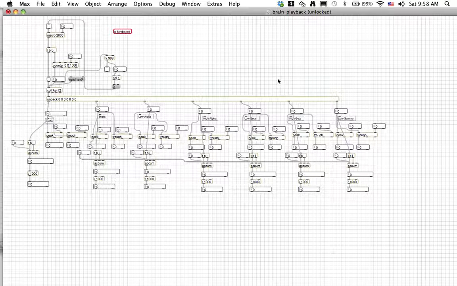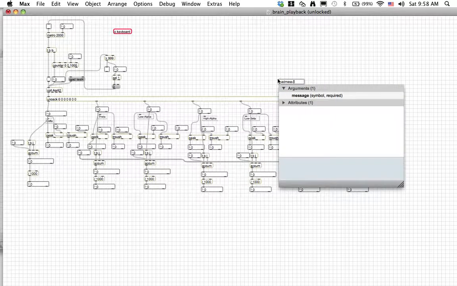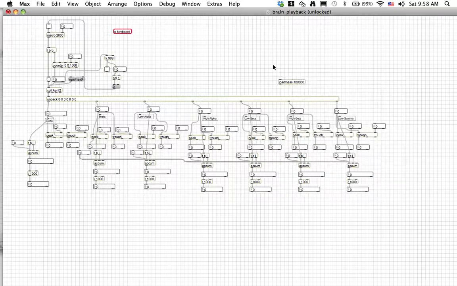So let me just show you how you should set up your patch so you can get the proper low numbers. The smart way to do this would be to use a load message. A load message, every time you open the patch, is going to send that message out to those objects. So let's put a ridiculously high number in here, like 100,000. Okay, and I'm going to feed that into each of these troughs,